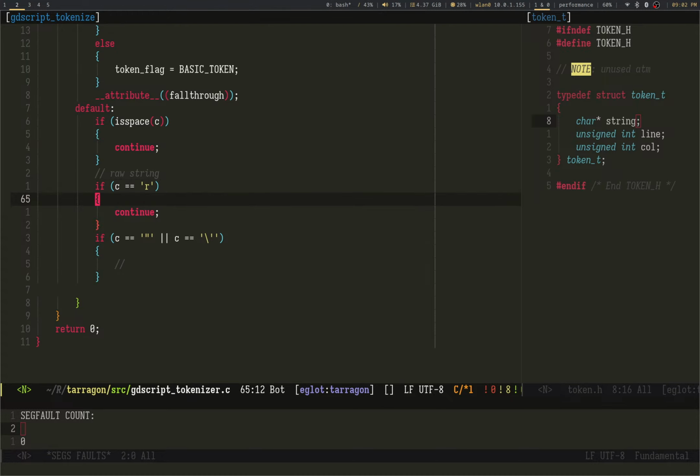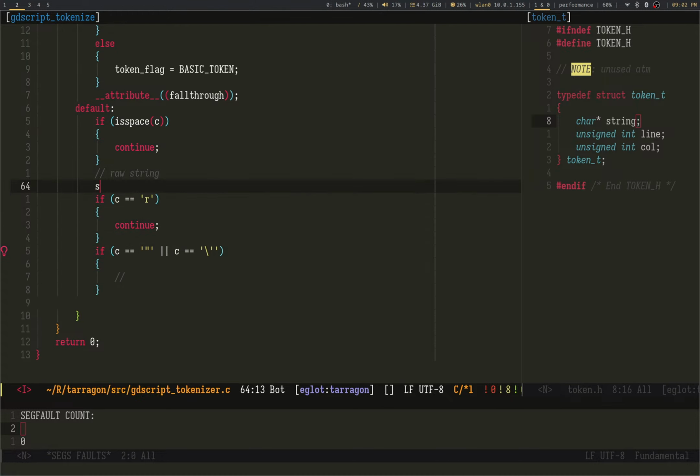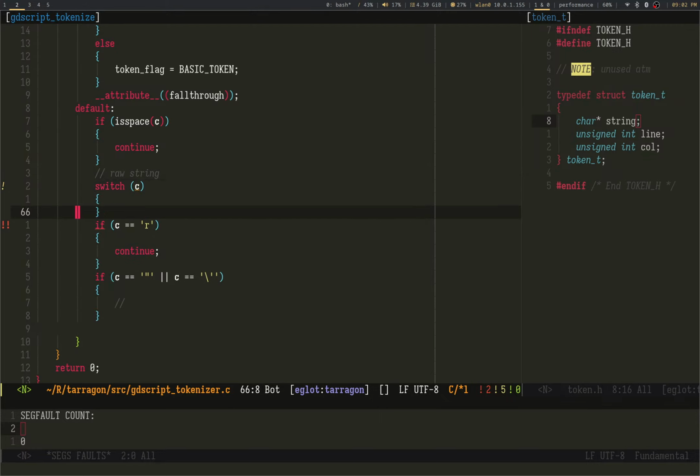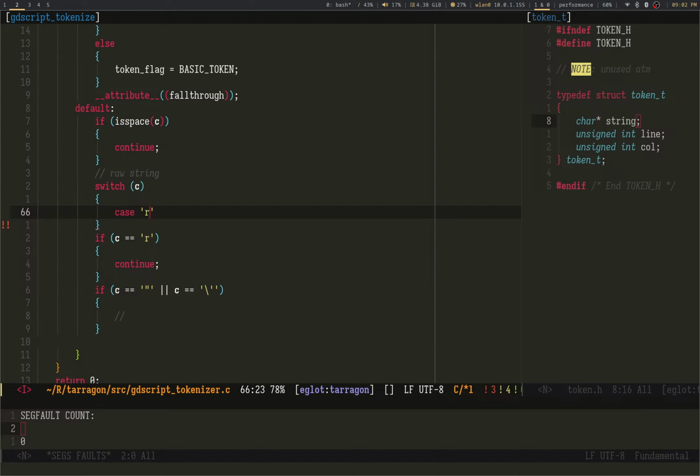I want to be able to fall through from R to that. Yeah, I want to actually fall through. Case R.